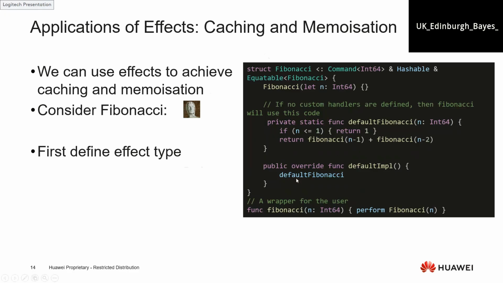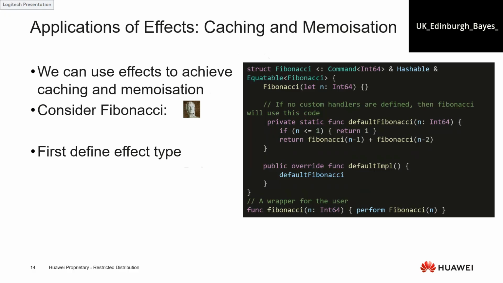And one thing I didn't touch on is our wrapper function, which performs the Fibonacci effect with a number parameter here, and that just implements it. Something I didn't touch on is we also have support in Cangjie for default handlers. So if an effect is unhandled, if you don't specify a handler for it,